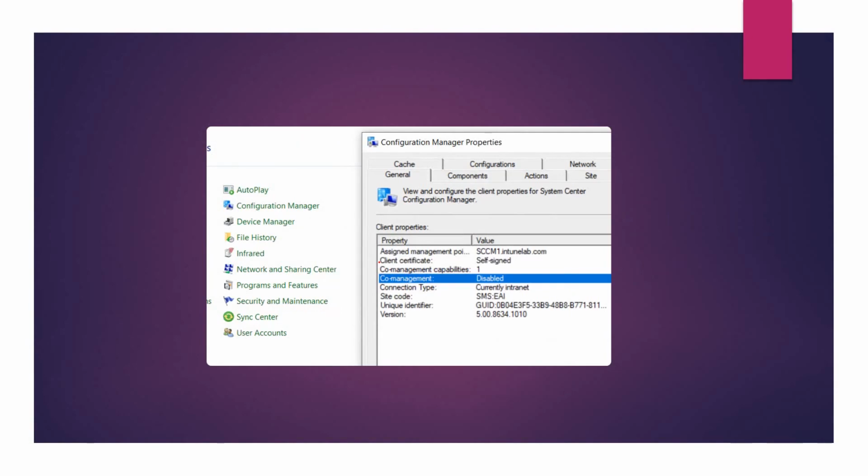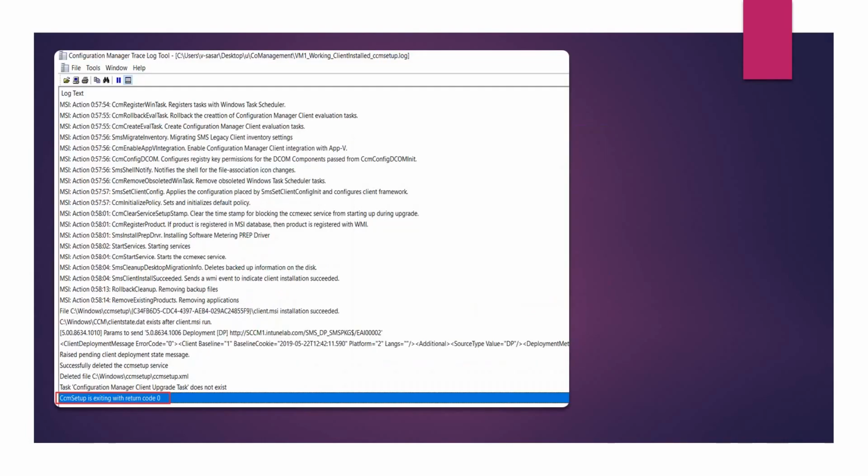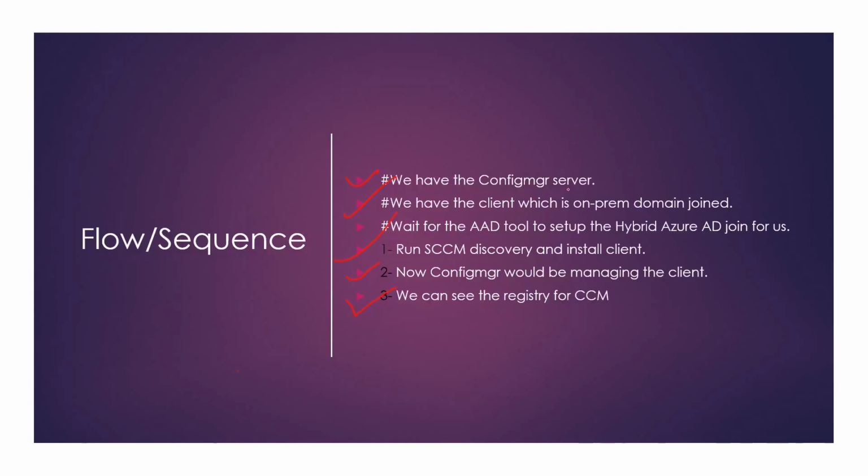Okay, and if we go to the device, open up the control panel, from there we can open up the SCCM applet also. And the applet at this point of time, please note, is going to say that co-management is disabled and the co-management capabilities is one. We are going to understand what exactly co-management capabilities are and why this is showing as disabled. Obviously co-management will show as disabled because until now we have only